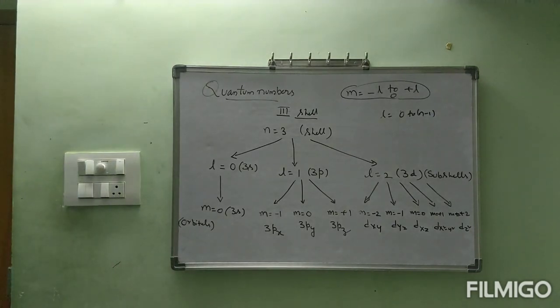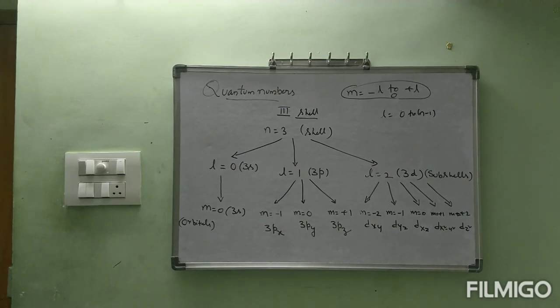Once you see it again, you will get clear. Okay, this is the information about the third shell. We remain with the fourth quantum number. That fourth quantum number I will explain in the next class, and after that we will go through so many examples to get more clear about this subject, because this is very important. I will explain with so many examples till your last clearance. Everything must be clear for you.